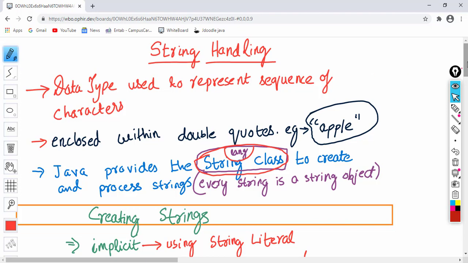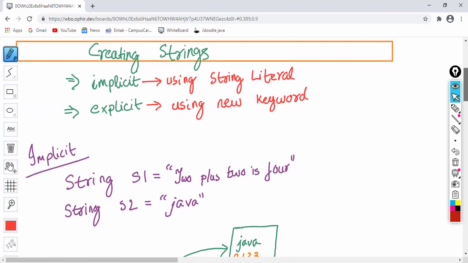Now let's see how we can create strings. To create strings, there are 2 ways. First one is using literals, and the second one is using the new keyword. A string literal represents characters within double quotes.